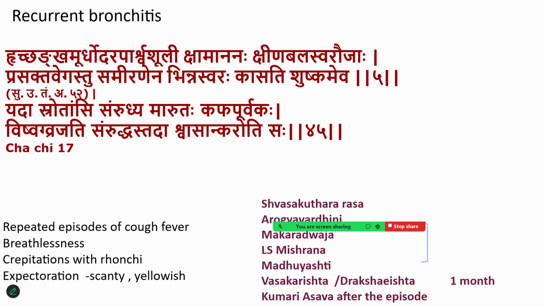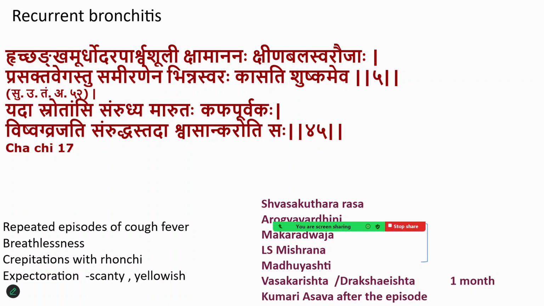In the Vataja Kasa, because of the obstruction to the passage, there would be sounds, and the expectoration becomes drier and the quantity of the expectoration becomes lesser. That rhonchi is what has been mentioned as Shushka Kasa. हृच्छङ्कमूर्ध उदरश्वार्शूली श्यामाननः क्षीणबलस्तरोजाः प्रसक्तवेगस्तु समीरणेन भिन्नस्वरः. That Bhinnaswara, the sound of the rhonchi, is the issue,